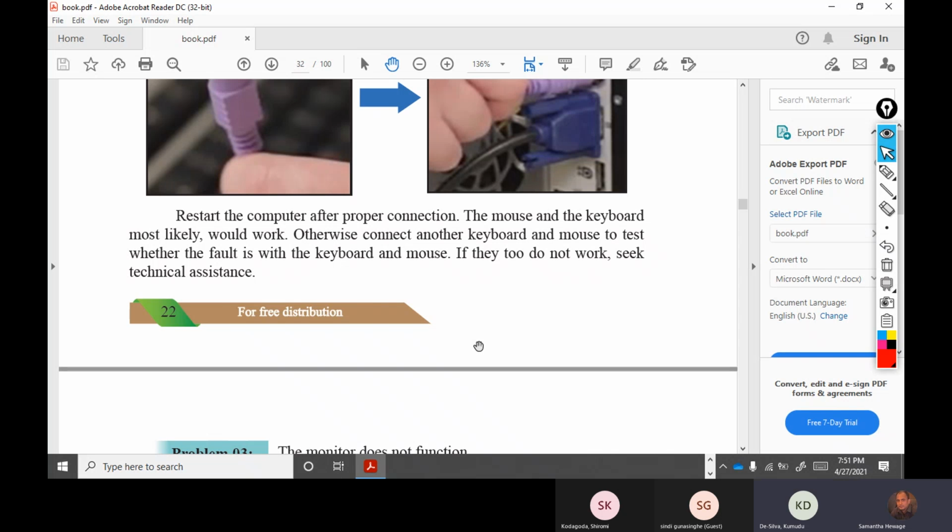Assuming that even the new keyboard and mouse are not working, Cindy, what would be the next step? Any idea? What would be the next step? We have to call a technical assistant. Yeah, you have to check with the assistant, because if you don't know, after that definitely